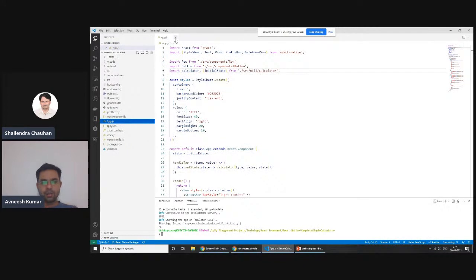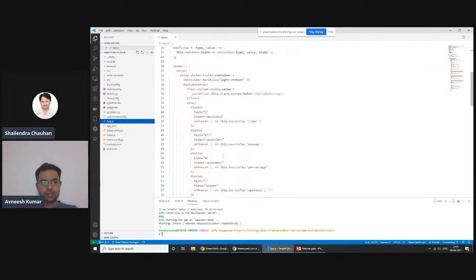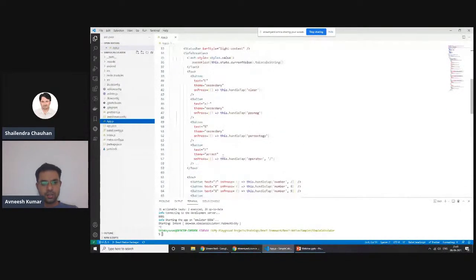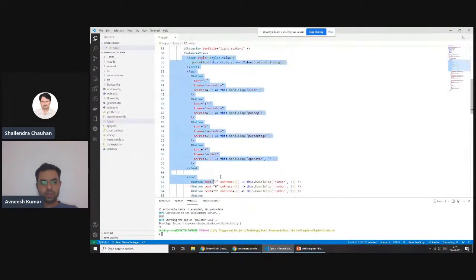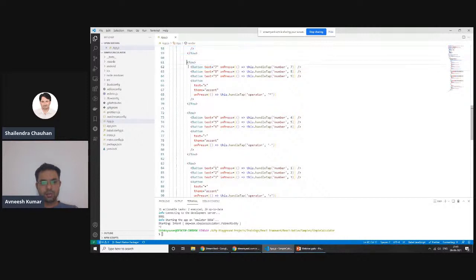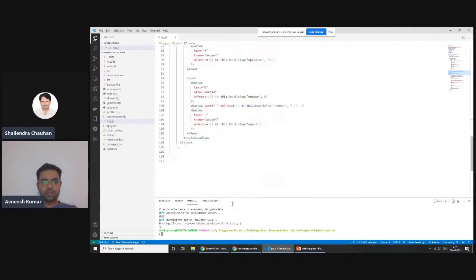Pretty simple, where I have written different component inclusions for providing the UI things, right?